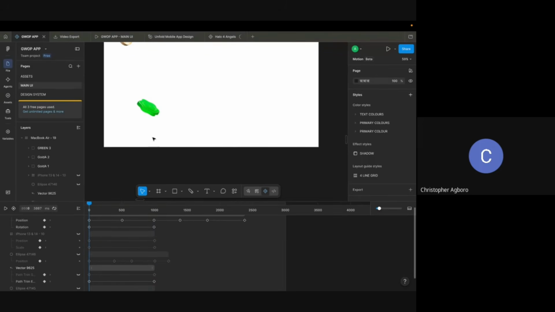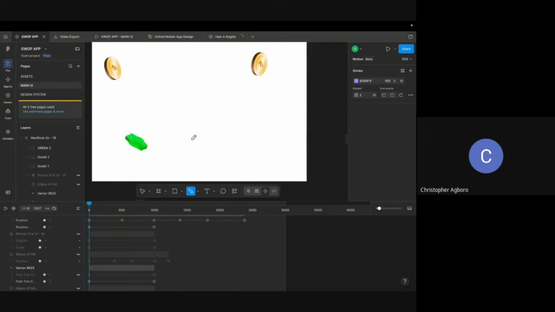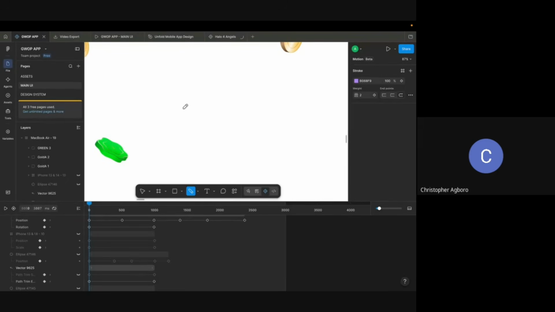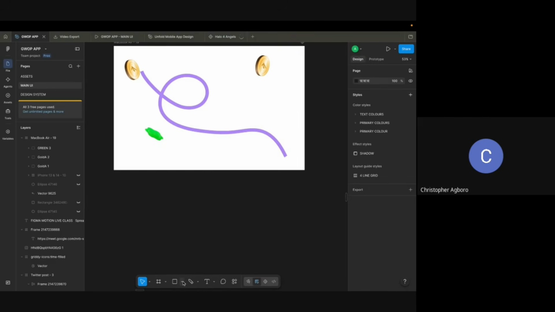Now let me show you one interesting thing about path trim: the fact that you can use it for logos. I did use it for a logo. I'm going to show you. So let me put in my, okay, no, it does not work like this. Another thing that you will need to know about path trim is the fact that, in Figma, let me go back to this. In Figma, it allows us to